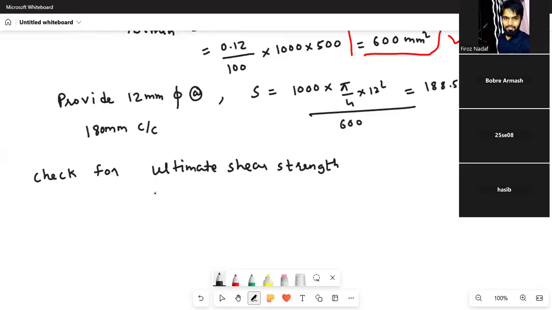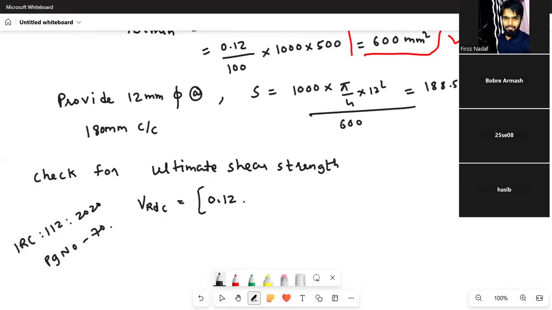So to get the formula of ultimate shear strength, you need to refer to IRC 112 2020, page number 70. In page number 70, the formula of ultimate shear strength is given. So I will write the entire formula and I will tell you what component you have to take and what component you can neglect. So this is given as VRDC in the code equal to